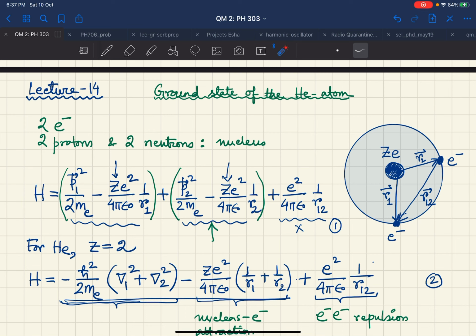So we actually applied two different approximations in finding out the ground state energy for this Hamiltonian. First, we said that suppose we do not have the interaction between the two electrons to start with. Suppose we do not have the interaction between the electrons, then what should be the ground state energy estimation from just looking at these two terms in the Hamiltonian?